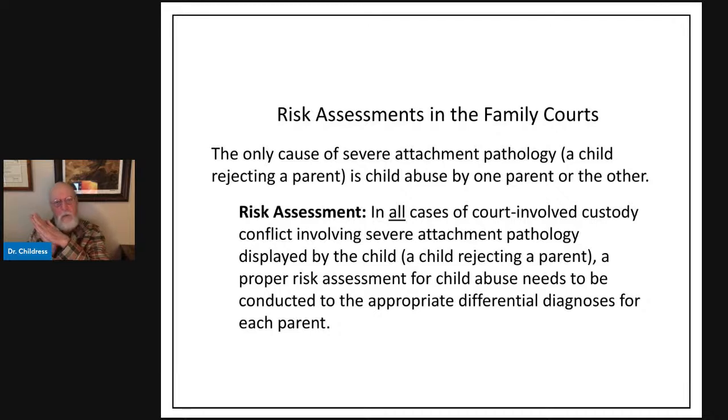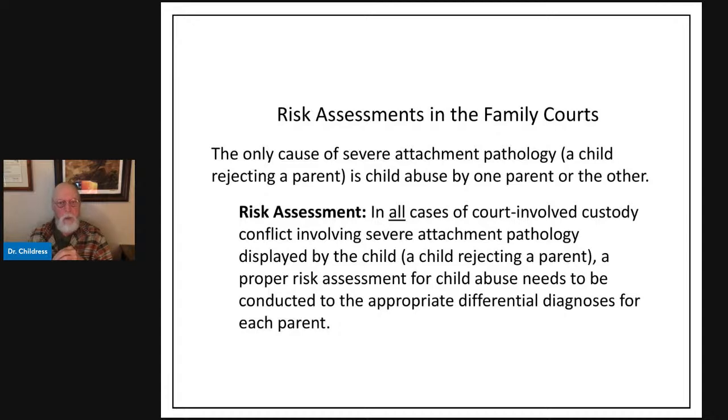So if you got a child rejecting a parent, that's going to be abuse by one parent or the other. So in all cases of court-involved custody conflict involving severe attachment pathology displayed by the child rejecting a parent,